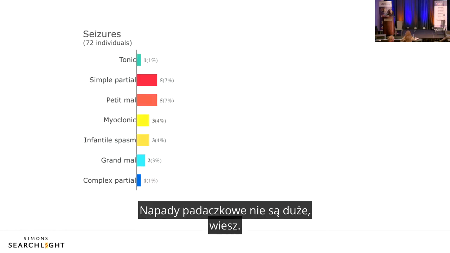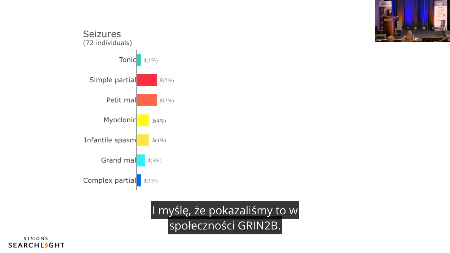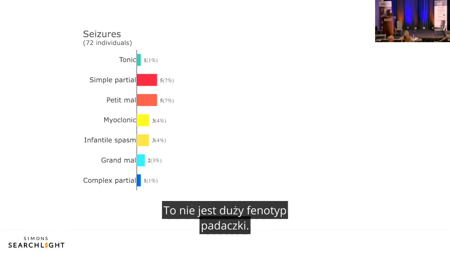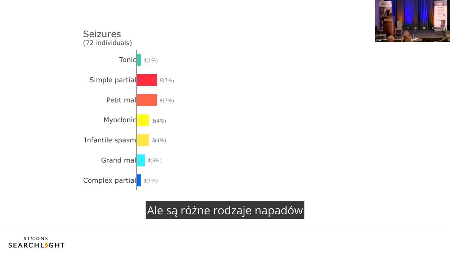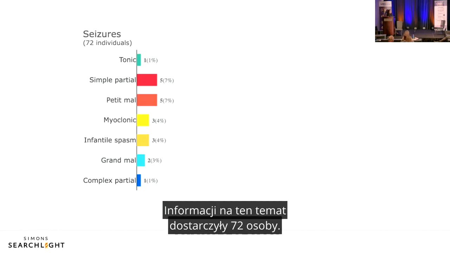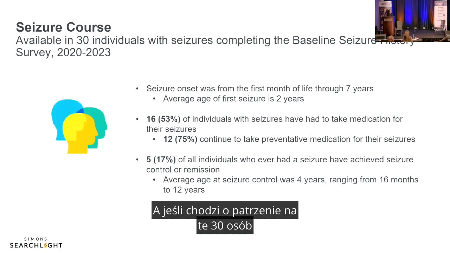Seizures are not big, and I think we've shown this within the GRIN2B community. It's not a large epilepsy phenotype, but there are different types of seizures that are seen in these groups. So 72 individuals provided information about this. And in terms of looking at those 30 people who did provide a little bit more information about their baseline